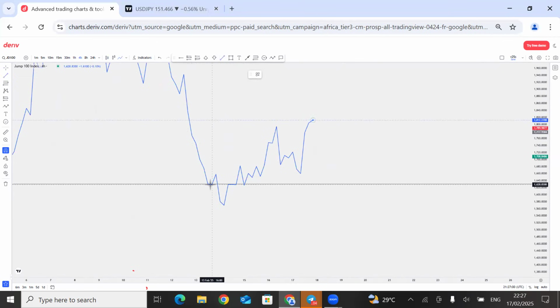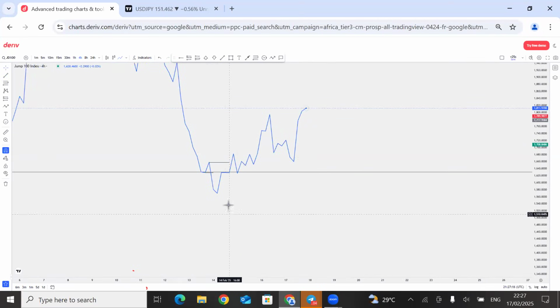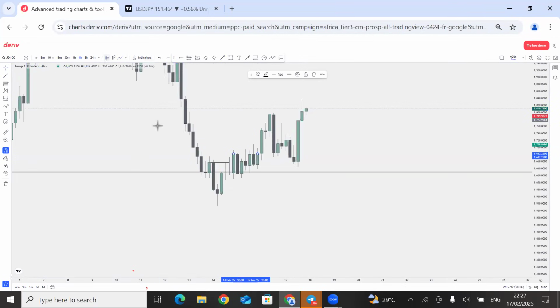If you weren't active, I'll put the video posted. So here was a sweep, here's a sweep, and here was a break of structure to the upside. We all know swing structures and all those things. Here was the break of structure to the upside, and here was a second break of structure to the upside again here. So we can turn on our candlestick chart now.